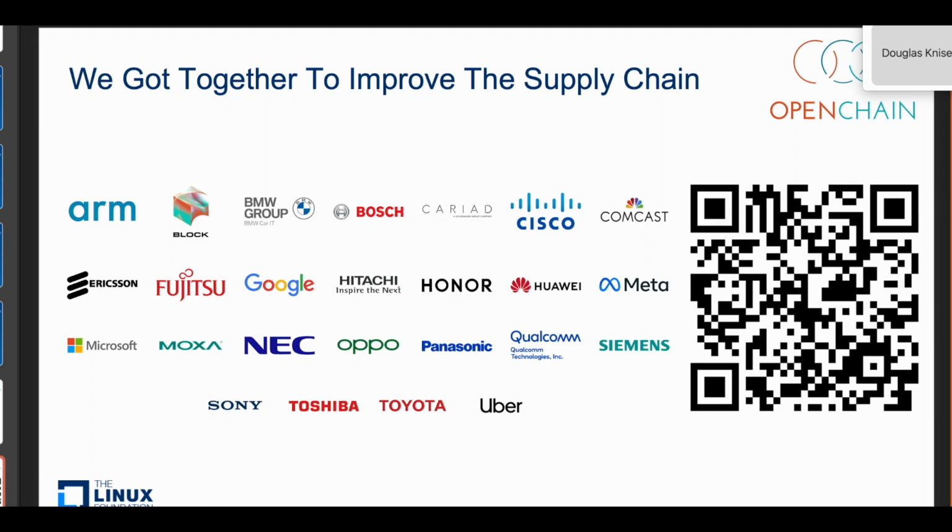You can see the current 25 board members on this slide. These companies were asking the question, if we are concerned about things like license compliance and over time increasingly security, what type of framework approach do we need to address managing the software? What type of process approach do we need?